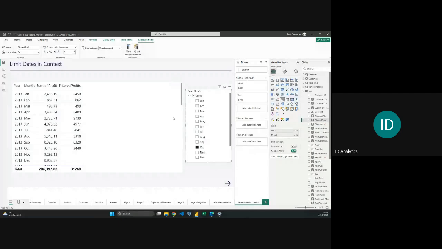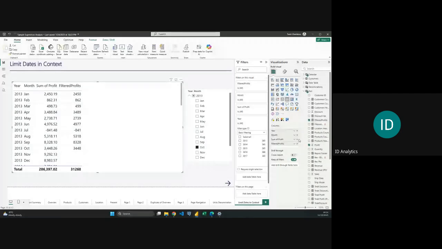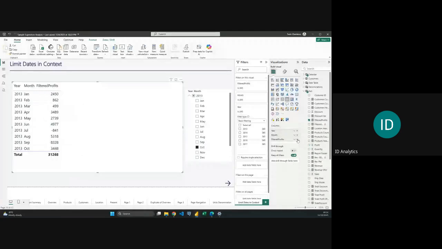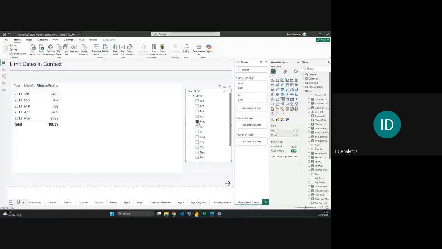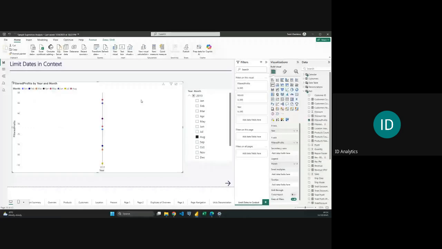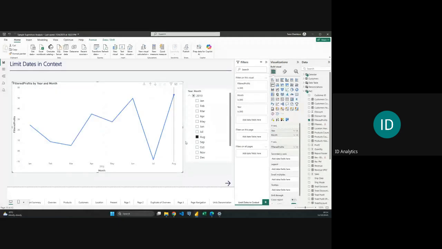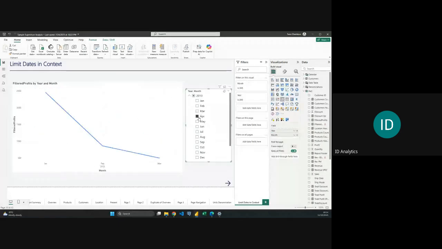So if I just go on this visual and I take out the sum of profit, you see that we are now able to manage that properly. So if I do March, this shows up to March, this shows up to May, this shows up to August. And this visual now, you can change it to a line chart. So I just pick up the month from the legend. I had it here. And now if I do up to March, if I do April, if I do July, if I do October, this just allows the users to be able to see up to the point they want to see it for,